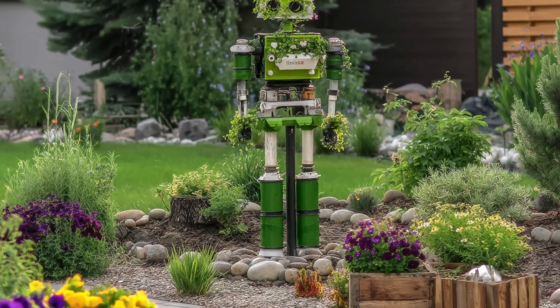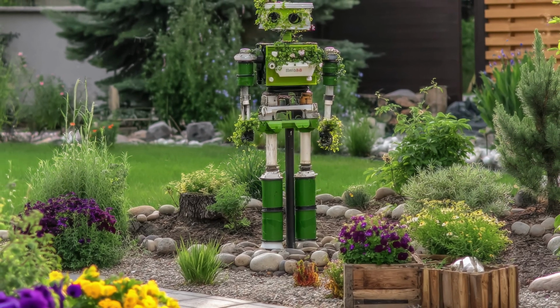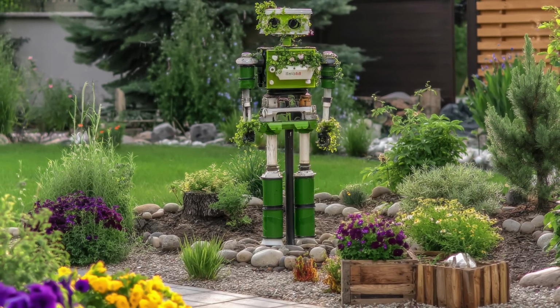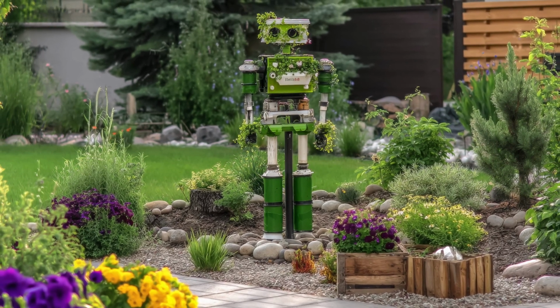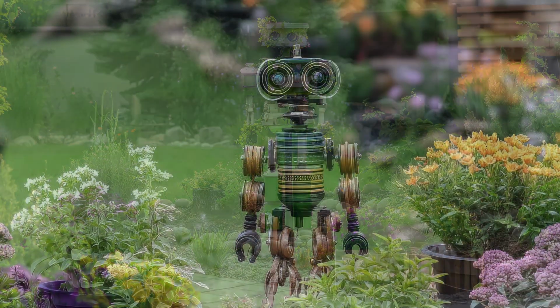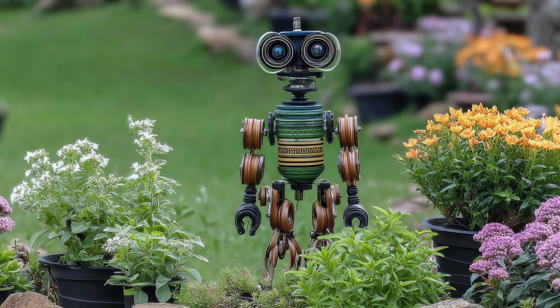leaves and blooming flowers. It's as if a child's imagination leapt into the real world and decided to set up camp in the garden. Planted firmly on a flat rock or hidden among tall stems, the robot adds whimsy and wonder to its surroundings. It turns a simple stroll through the yard into an adventure, sparking conversations and giggles from